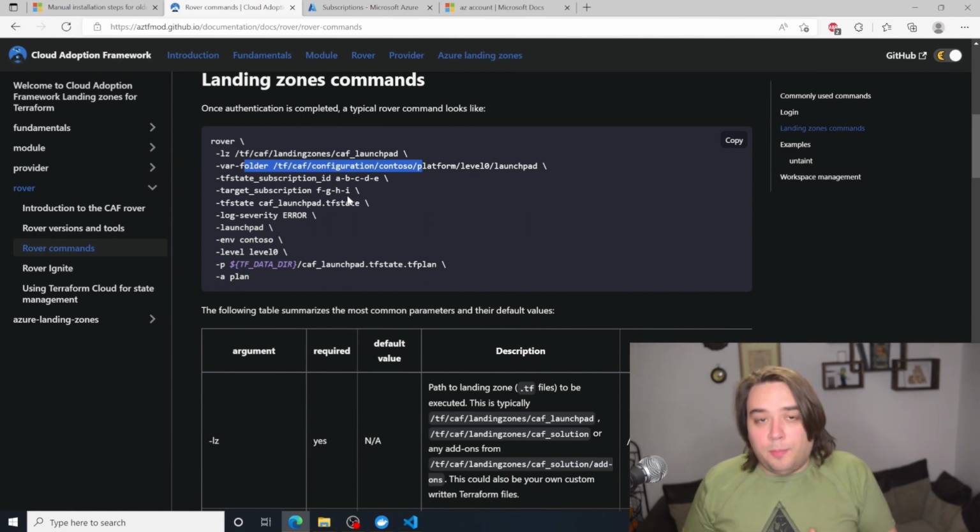That's why it's really important for Terraform to be state aware, and why Terraform is such a powerful language.